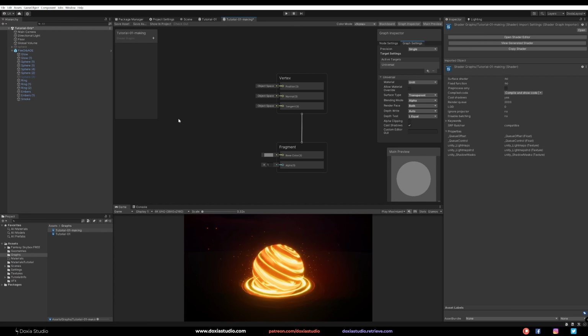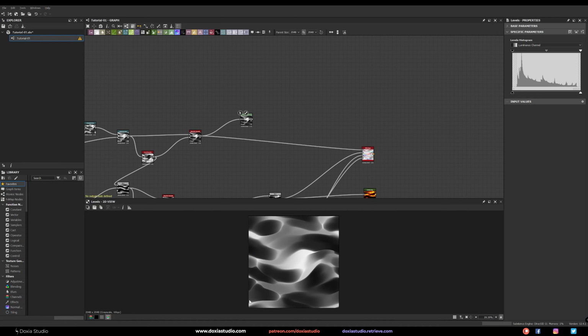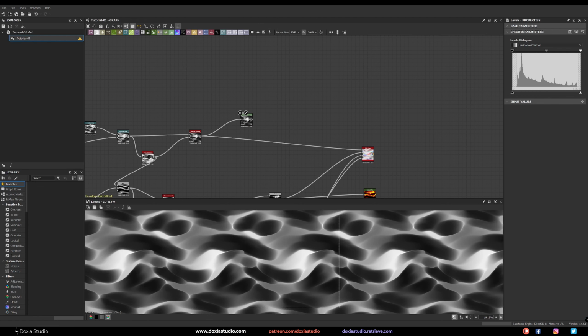So what we need for our effect, let's break it down. We need a texture, right? We need to offset the texture so we can animate the texture going to the right or left or up or down. Lucky for us, Substance Designer creates these textures and they are tileable. Meaning that if you pan those textures, you won't see seams between them.